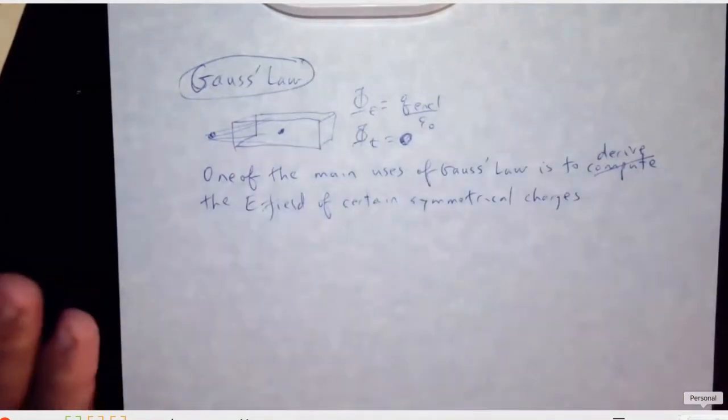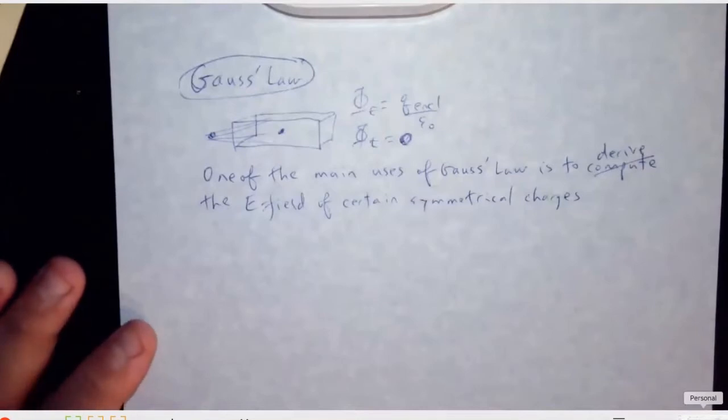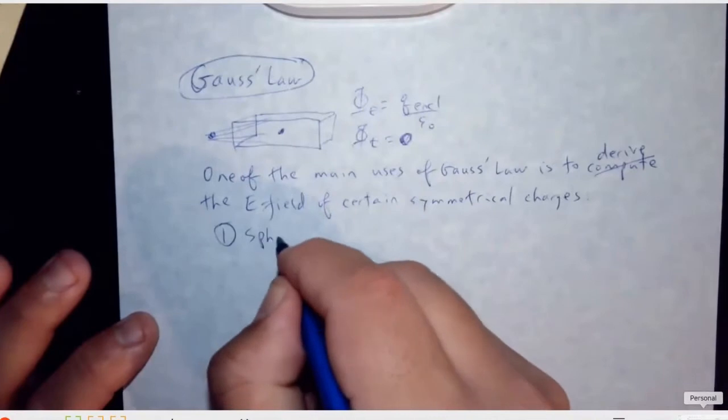The three main kinds of symmetries that we want to exploit are spherical symmetry,